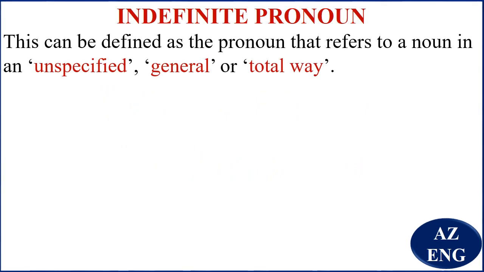We have this can be defined as the pronoun that refers to a noun in an unspecified, that is not specific, general or total way. So you have a noun, but there is no specification, or you mean it in a general way or in a total way. We will have examples in sentences, but before then, let's have